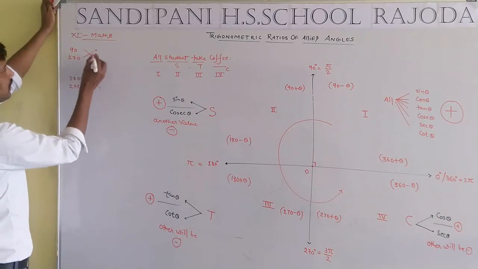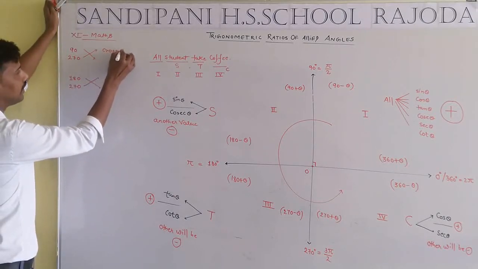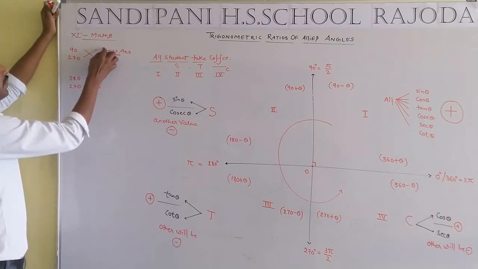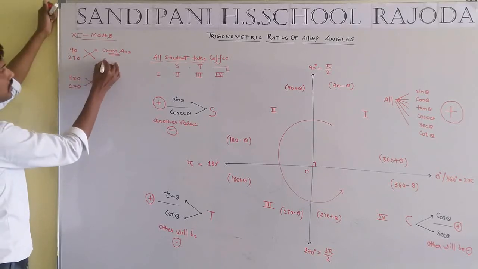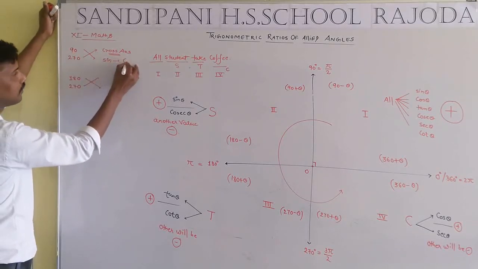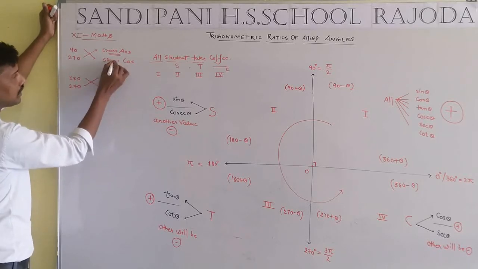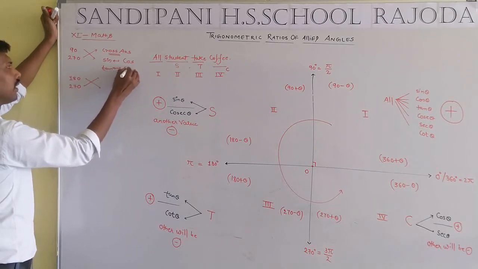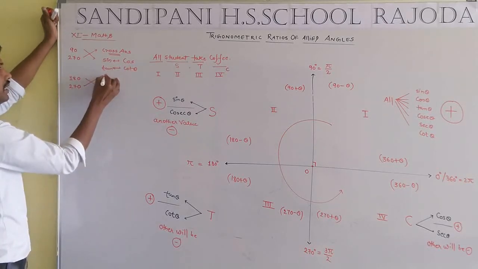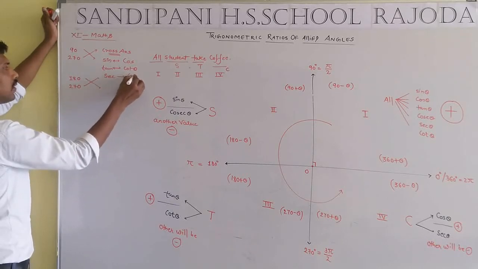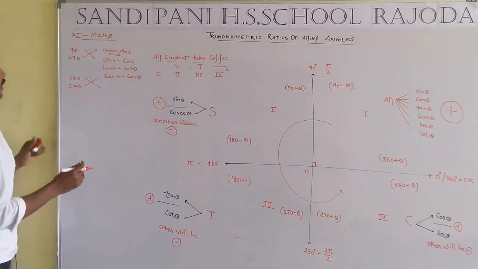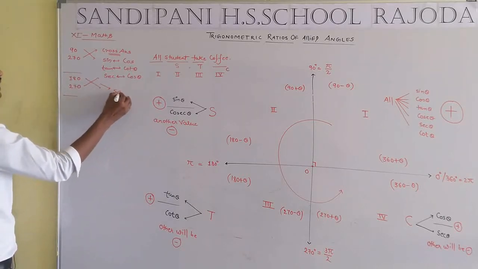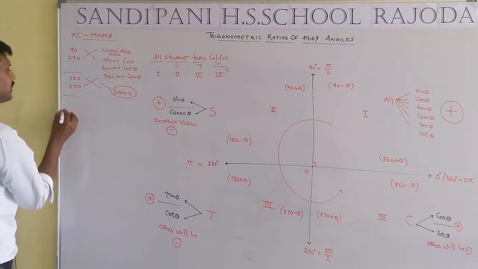90 and 270, that means a cross answer. I repeat my words. In the case of 90 and 270, we will write the cross answer. What is the meaning of the cross answer? If the question is in the form of sin, then the answer will be cos, but if the question is in the form of cos, the answer will be sin. Same thing, tan will be converted into cot and cot will be converted into tan. Sec will be converted into cosec and cosec will be converted into sec. But in the case of 180 and 360, the answer will be the same. I repeat, the answer will be the same.